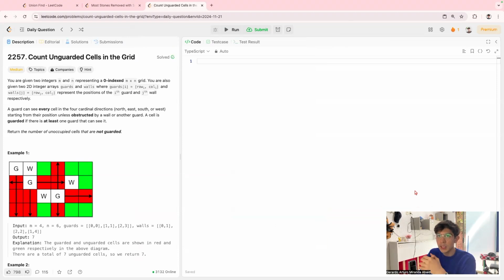Today we will solve LeetCode's daily challenge, problem 2257, Count Unguarded Cells in the Grid. The problem requires us to count all the cells which the guards cannot see. Each guard can see in all four directions: up, down, left, and right. But what happens if there is a wall? If there is a wall, then the guard will not be able to look at all the cells that are